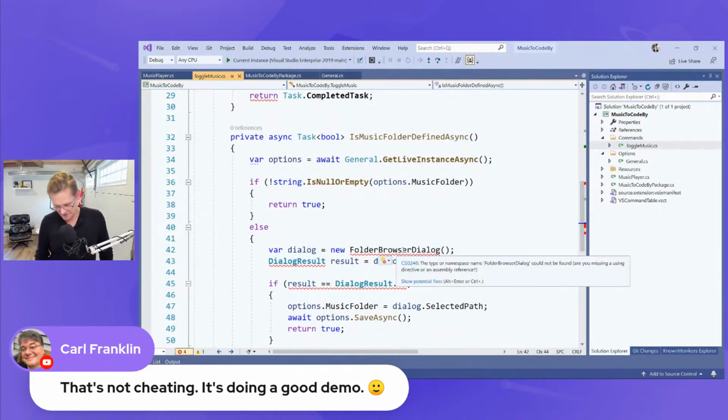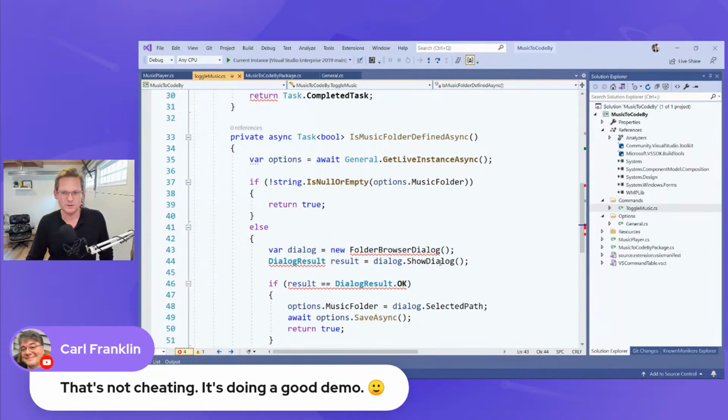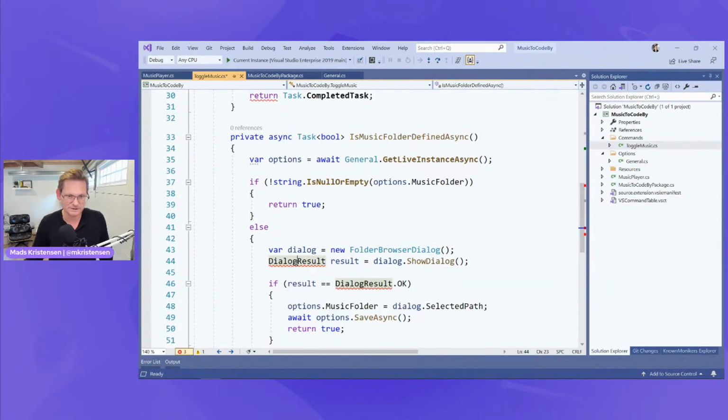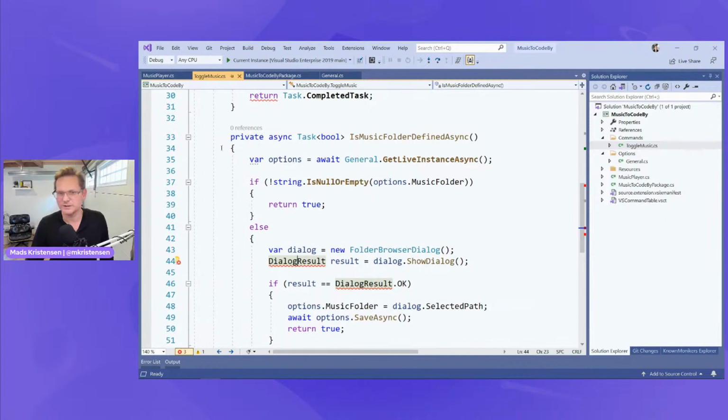But if not, then we have to use Windows Forms. Okay, let's use Windows Forms. So we're going to add Windows Forms to our dialog here. Dialog result. Yep, let's go. Oh, no, that's not what I wanted. I want using. What is this? Why can't I do it? Is that because I have some weird